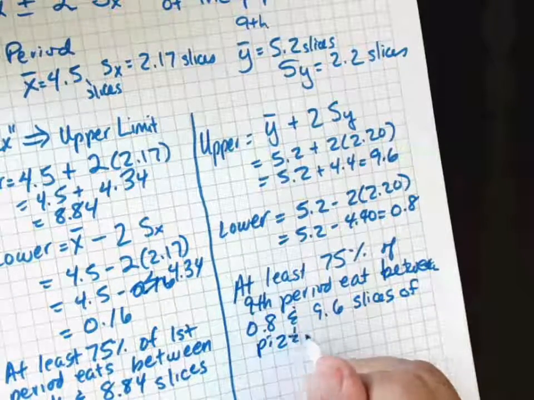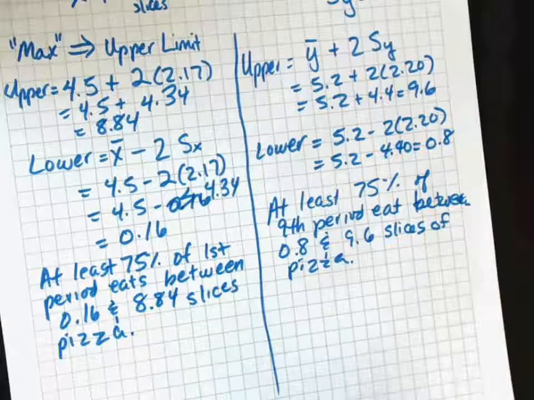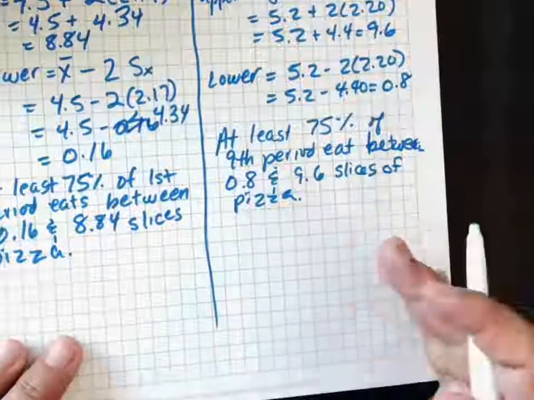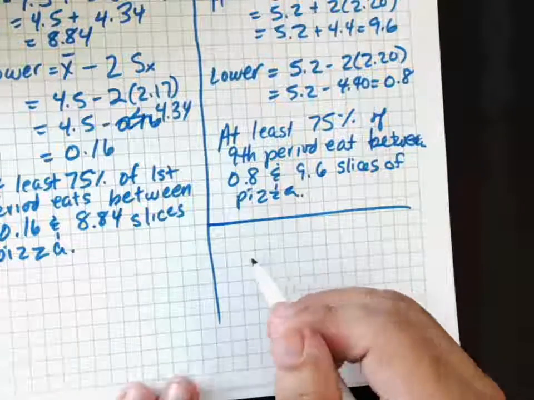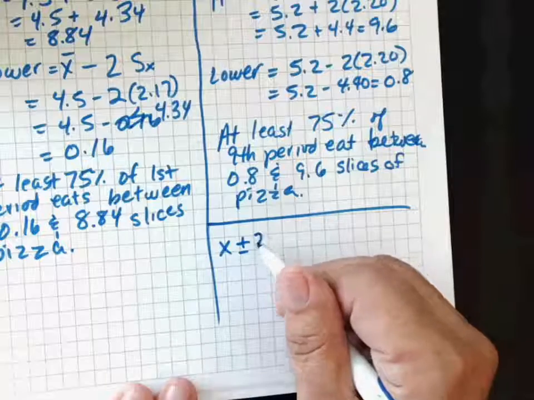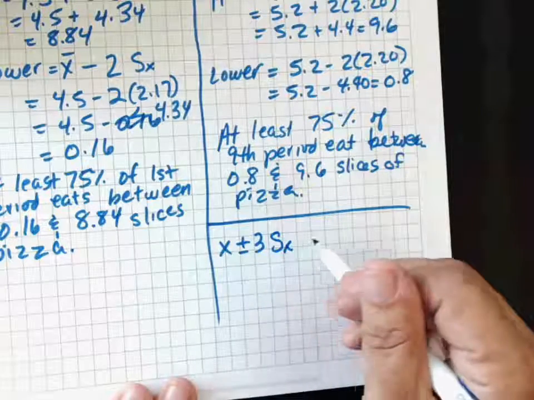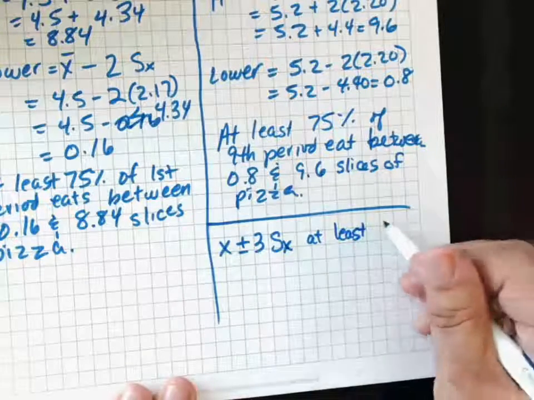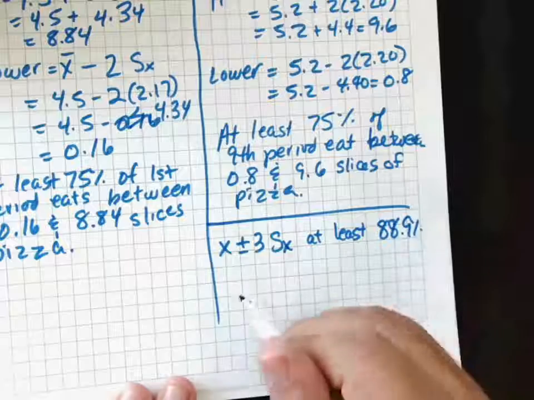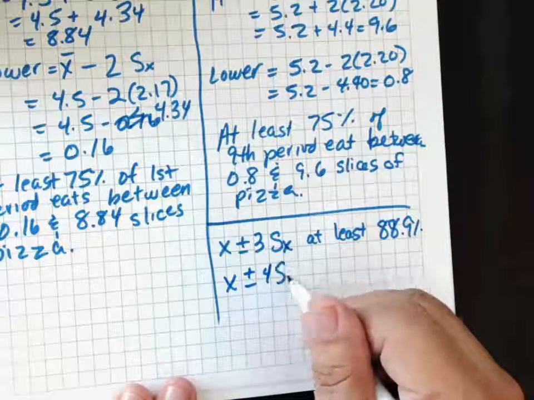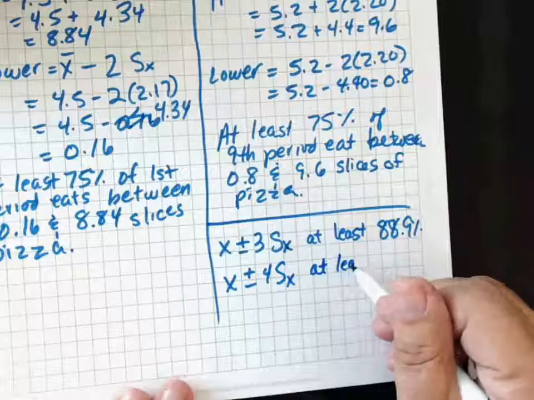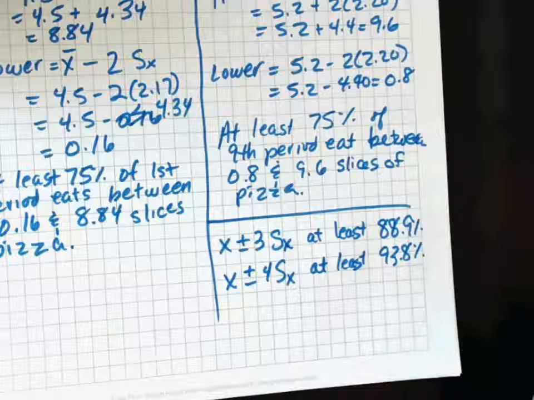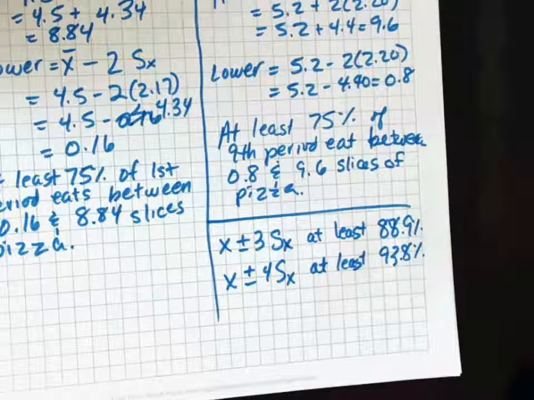Now, he probably thought, hey, I've only got 75% in there. Let's go even further. Let's say I want to get a higher percentage. So he added in these other two ranges. If you go 3 standard deviations, you're going to get at least 88.9%. And if you go plus or minus 4 standard deviations, you're going to get at least 93.8%. Really pretty cool. So it's meant to capture the big window where you can get most